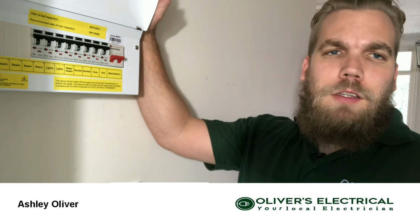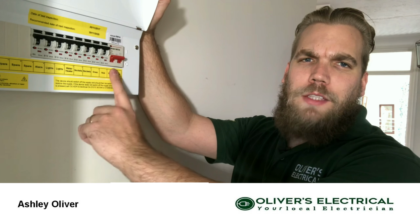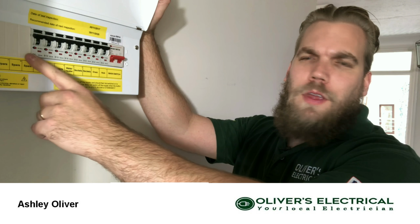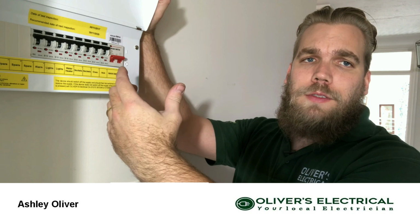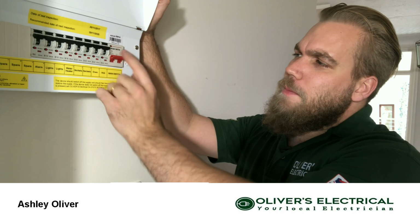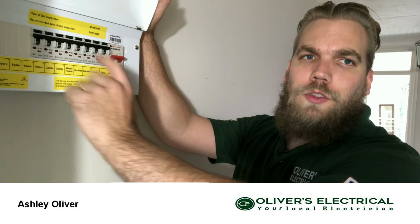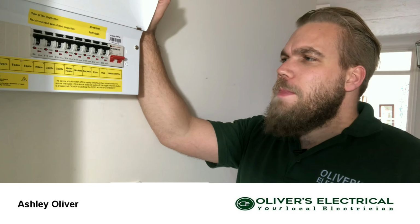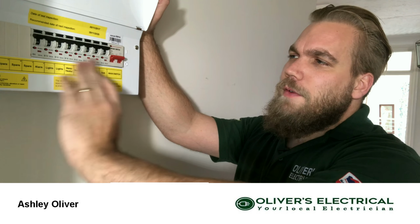So then, this is the new consumer unit that I've just fitted. As you can see, it's got a main switch full of RCBOs. Sometimes if you look at your consumer unit at home and we haven't fitted it, or someone else has fitted something a little bit different, it might be that you have a main switch and then another double switch and a couple and then another one, so you've got a twin RCD board. So that might be your case, but on this one here today that we've fitted, it's full of RCBOs